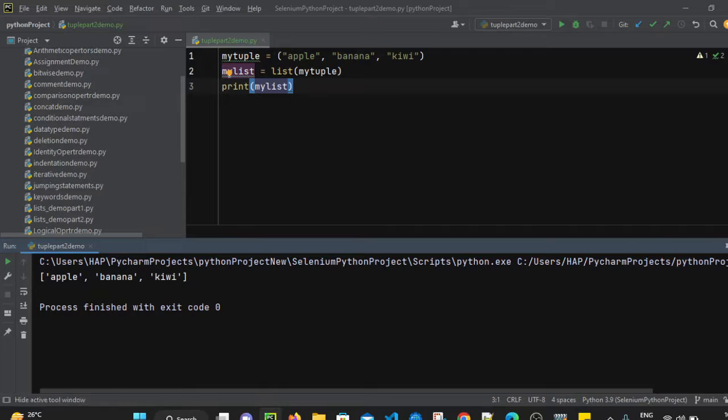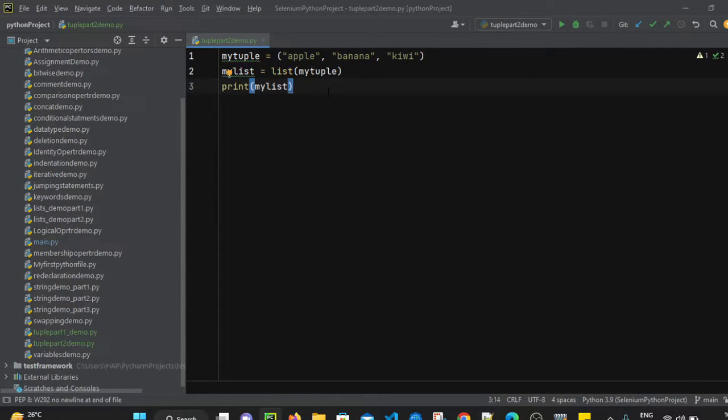Now once we have received the list, so list we can modify, right? So in the list we can modify the values. So what I will do, I will simply change the value of first element, that is, my list. We can simply change value of my list. Index position of banana is, so we want to change the value of banana, right? So index position of banana is 1. So my list of 1 equals to, now I can assign the pineapple value, pineapple, and then it will change the value of banana in that list and it will make it as pineapple, but that's still in list format.